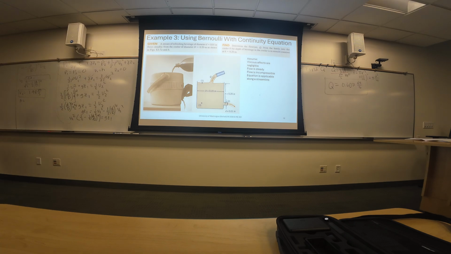Pi d squared over 4. And we're using little d, right? Yep. Okay, Q equal to V2 A2. You're going to get